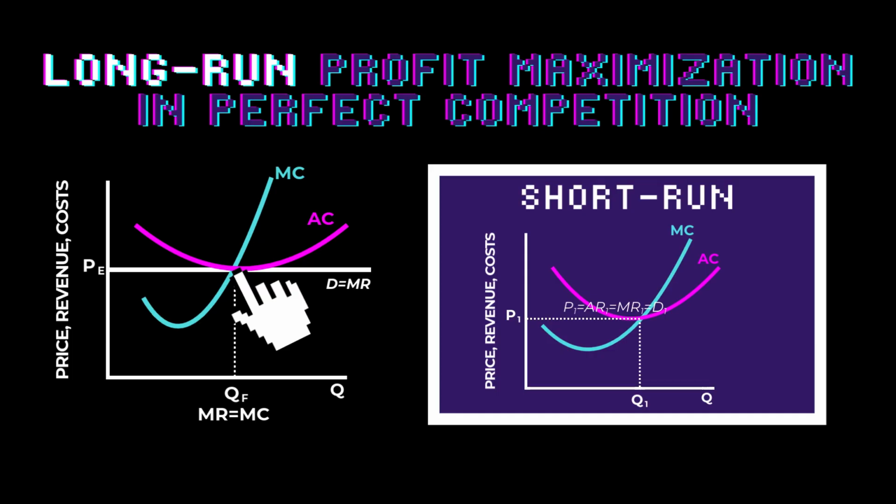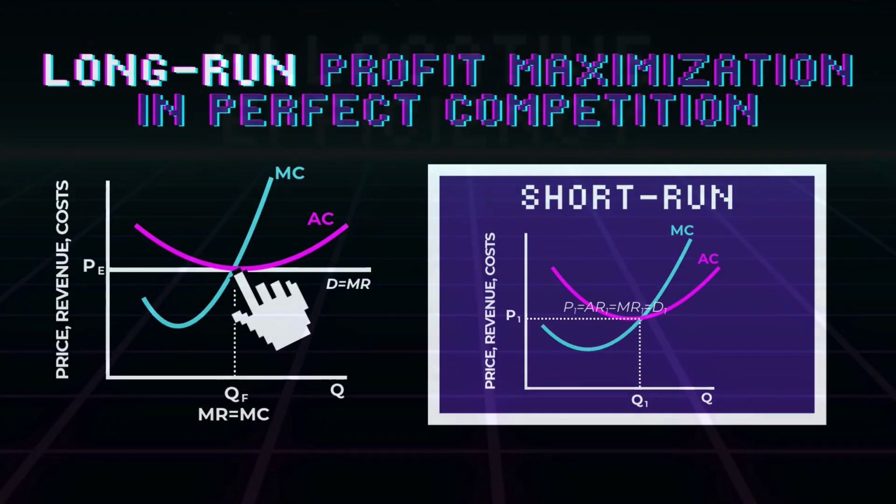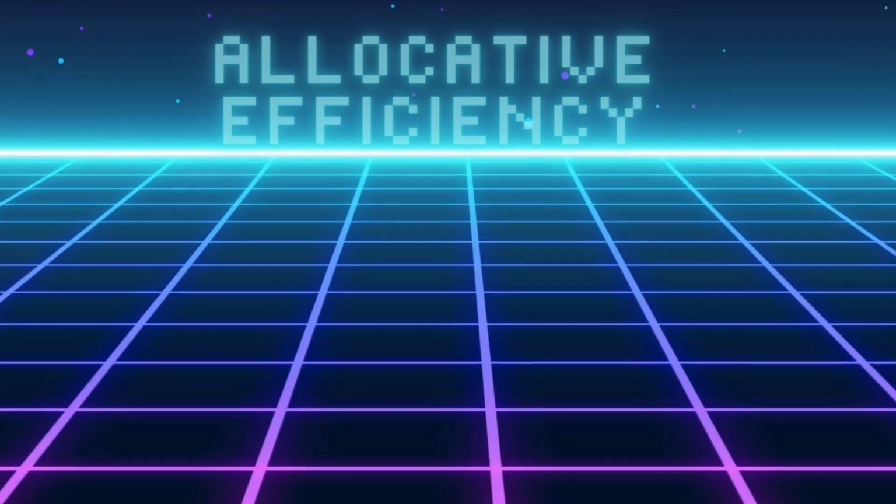As you'll see in the upcoming lesson, the other market structures don't have as much competition. This means that firms can raise prices and earn abnormal profits. Sure, that's great for the firm, but this results in a welfare loss for society due to wasted resources. And this brings us to the next point, allocative efficiency.